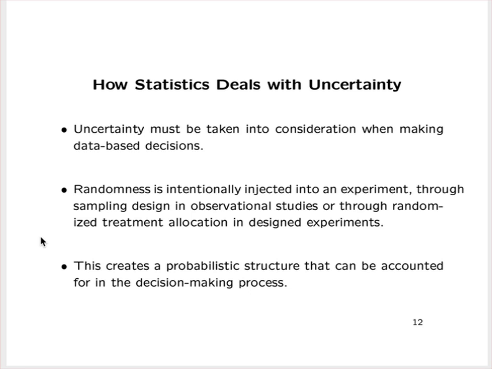The purpose of the experiment is to study the effects of these treatments on the experimental material. So the Design of Experiments course looks at ways of assigning treatments to experimental units, or the experimental material we're using, in order to get the most bang for the buck